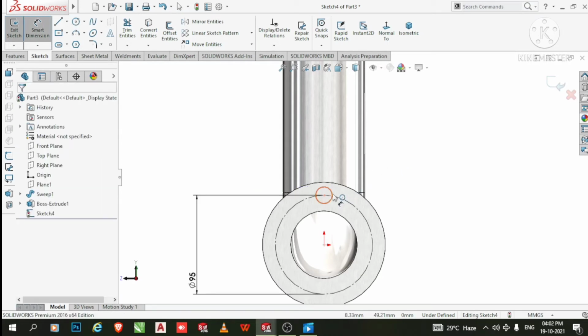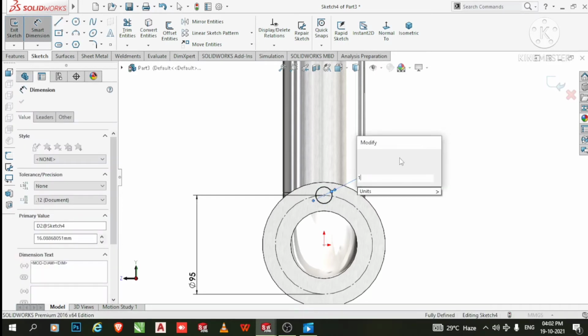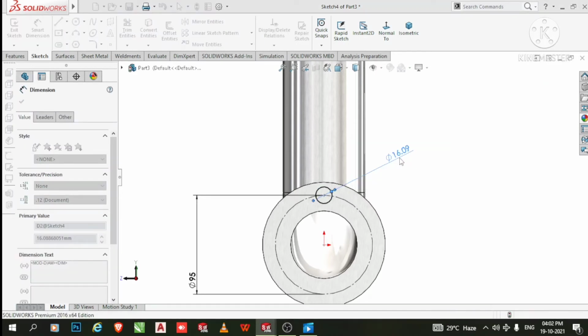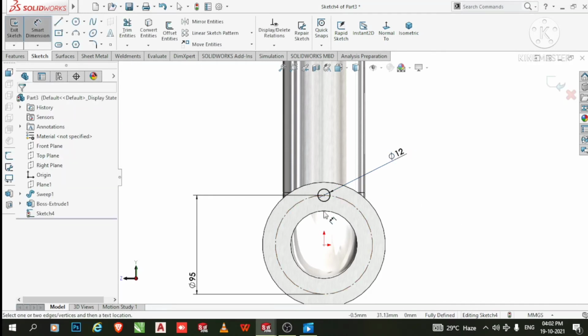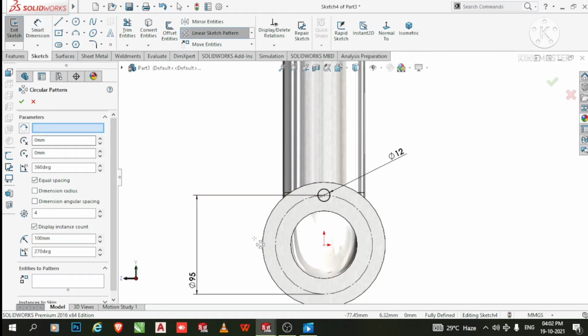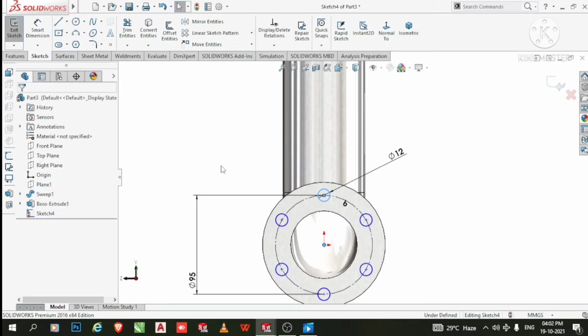Go to the smart dimension and make this circle only 12 mm. Here we create a circular pattern, we need 6 number of pattern, so go to this pattern and select circular pattern. Now it will ask for parameters, so we select this center point. Here it will ask for entity to pattern, so select this box and select this circle, and here we need 6 number equal spacing, so make it 6 number. Okay,